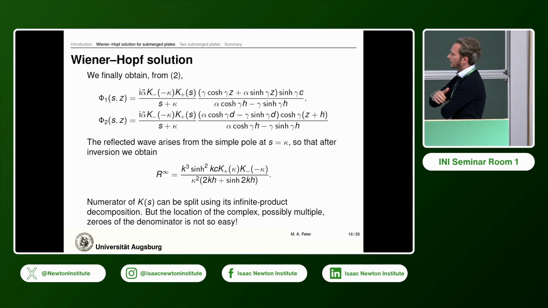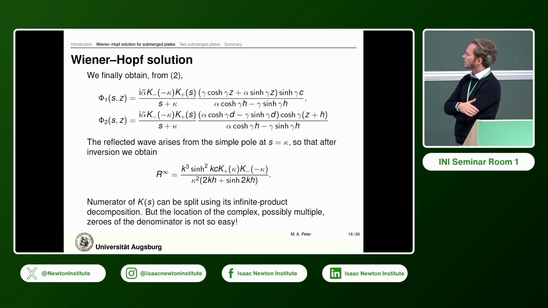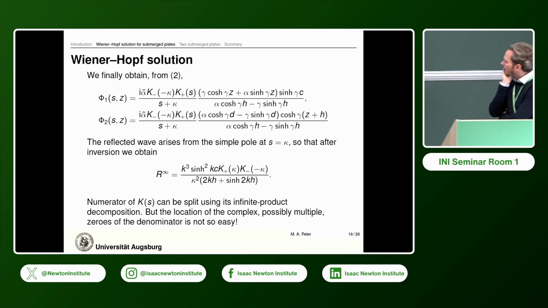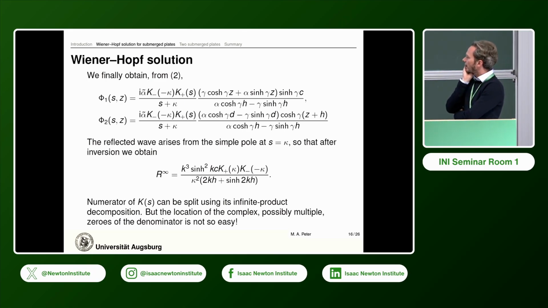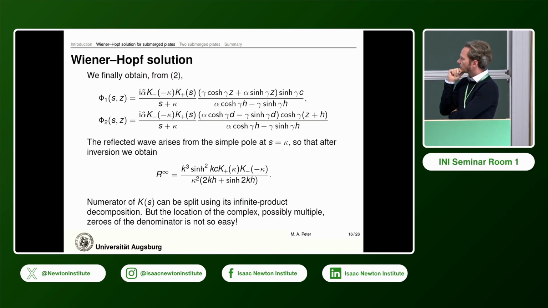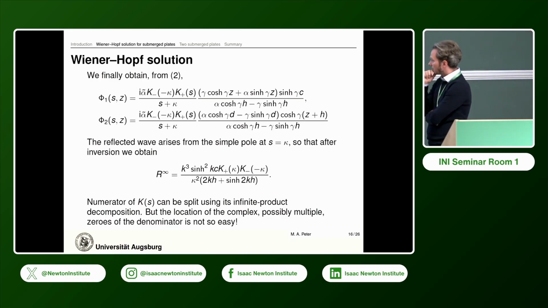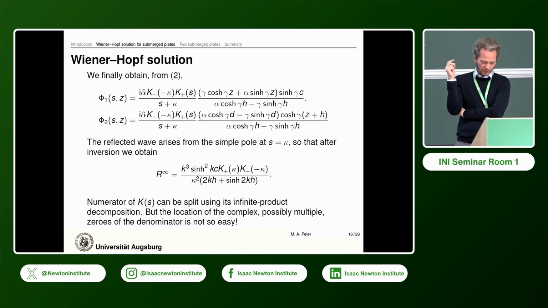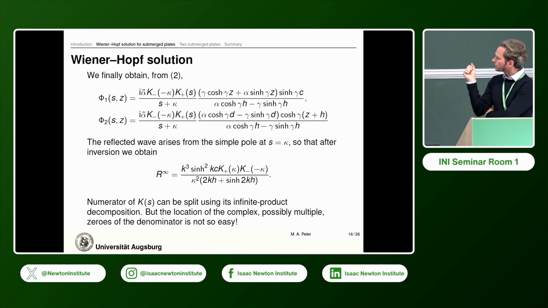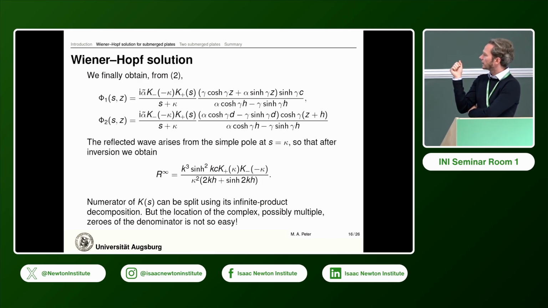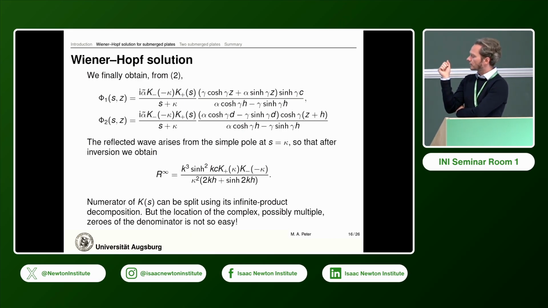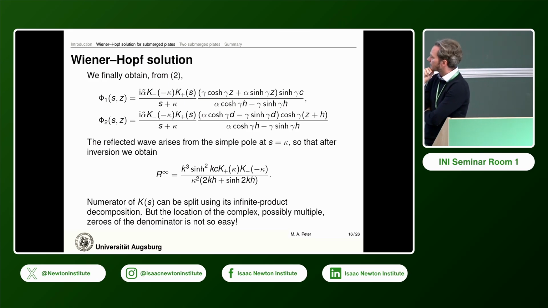So we can split this using the infinite product decomposition as in Mike's talk. But we run into the same problems. If we have the porous plate or the poroelastic plate, the problem is that the dispersion relation, as we saw, has these complex contributions, and they make it very tedious to track those roots. You could do that exactly as Mike showed, but